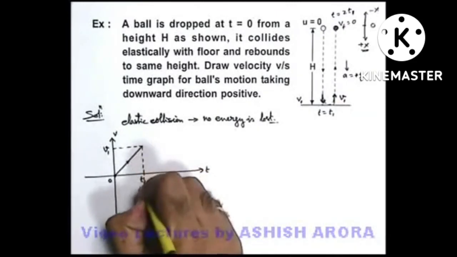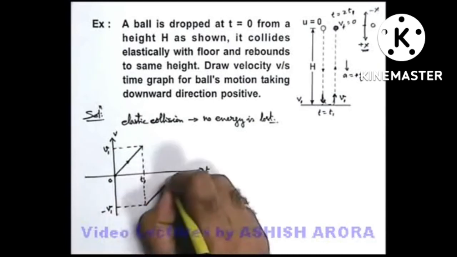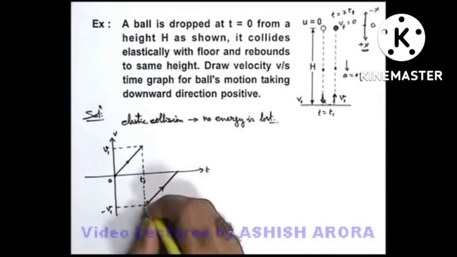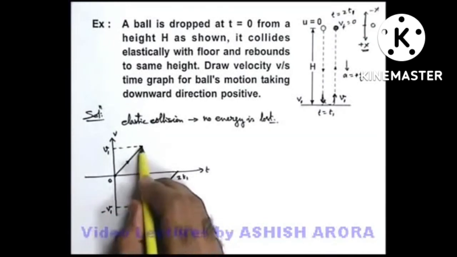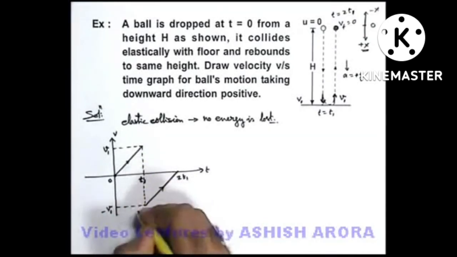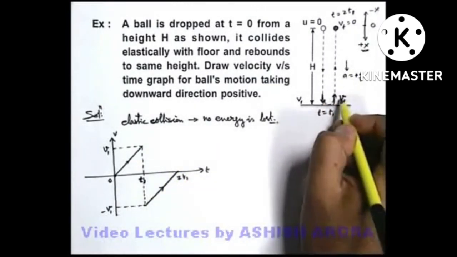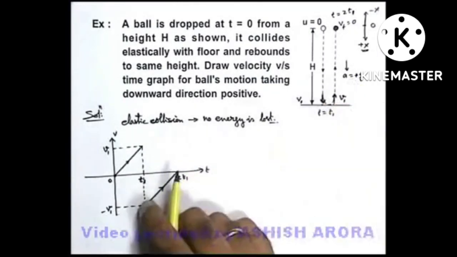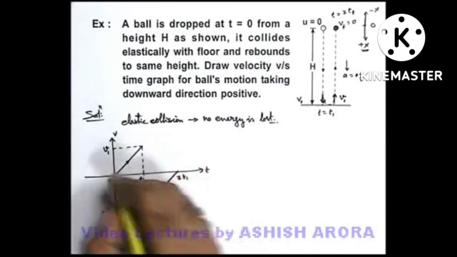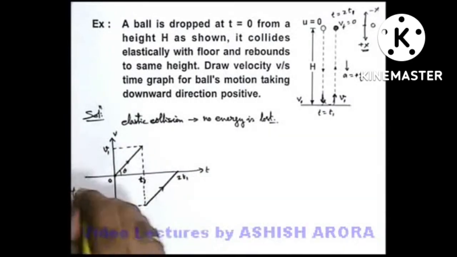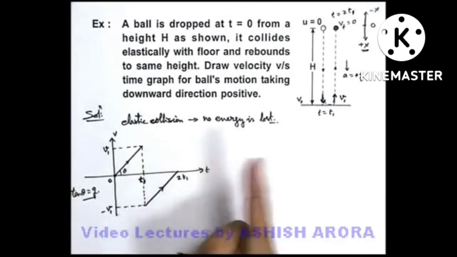So at this time t1, just after t1, the velocity is changed to minus v1, and then the same straight line will carry on till time 2t1. The initial time was 0, and at time t1 it strikes the floor, its velocity is reversed, and the straight line will remain the same, because still during upward motion acceleration is positive, velocity is negative, and it is uniform. The same straight line will carry on in the graph with the positive slope, and its tan theta we can simply write is equal to g, that is the acceleration. So this is the complete velocity time graph of the motion.